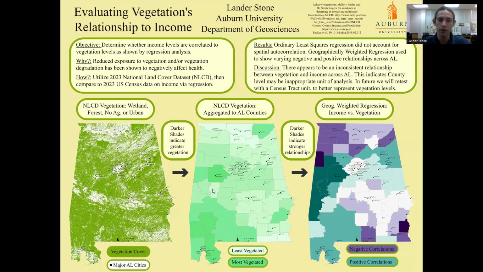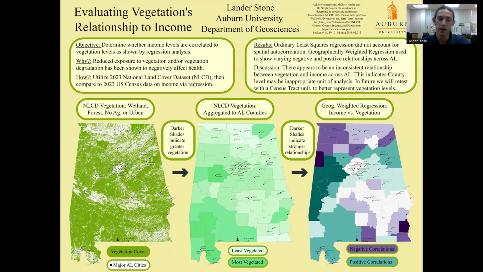And we find that certain counties have higher vegetation, ranging from the most vegetated to the least vegetated. And up here in the north, we see the least vegetated counties. And down here in the southwest, we see very highly vegetated counties, even counties that have high amounts of development as seen from this map. So this leads into my consideration at the end.